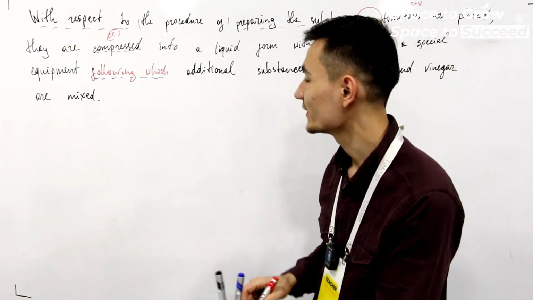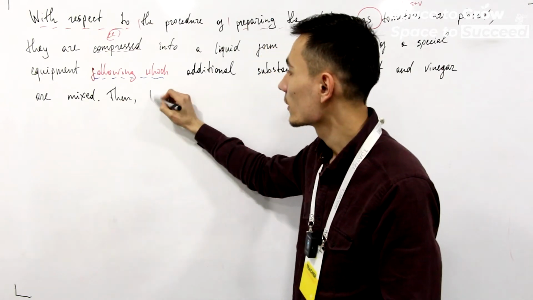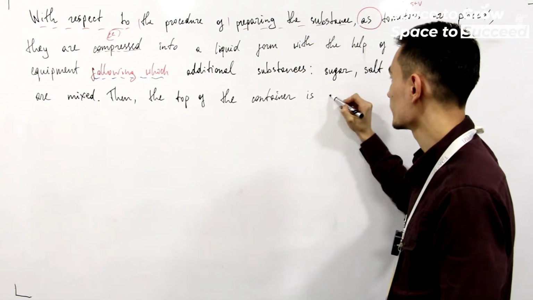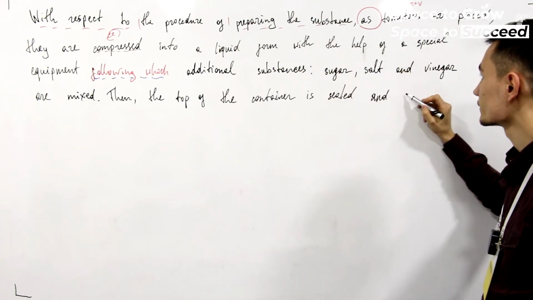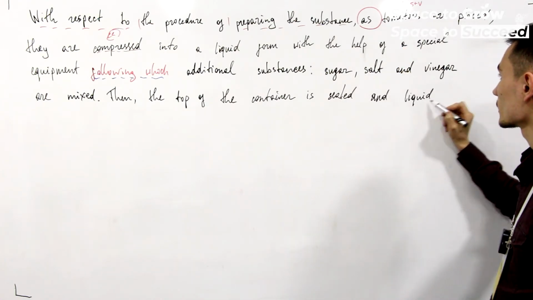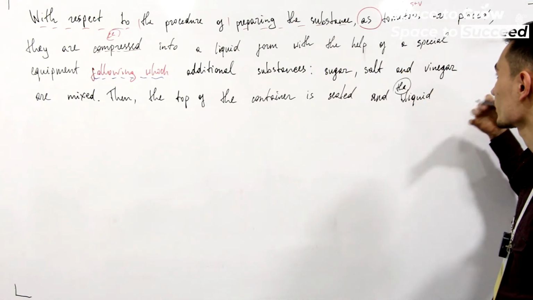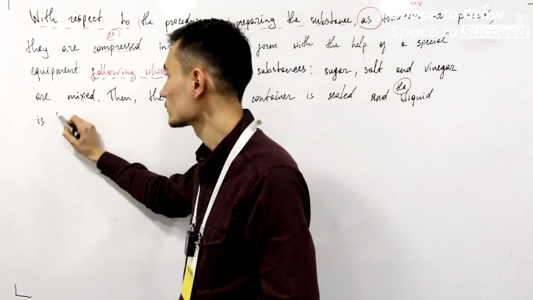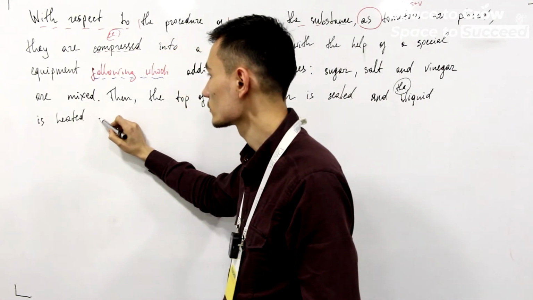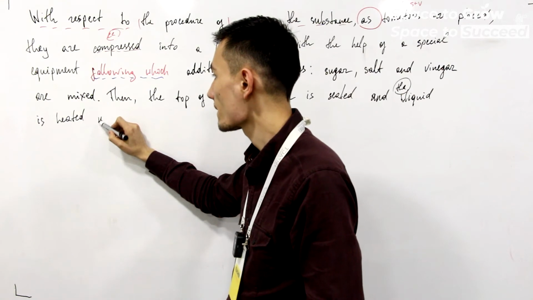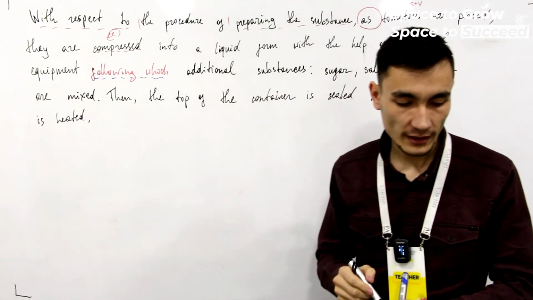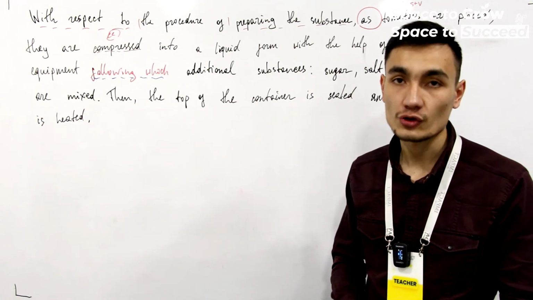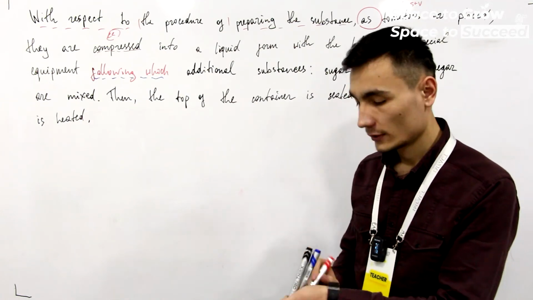Following, we can say, or then simply, "then the top of the container is sealed and the liquid..." That's the example because we already introduced the liquid, so they use boiled, heated. And then what they're trying to do is leave it for 2 hours so that it will cool down. And with the final stage,